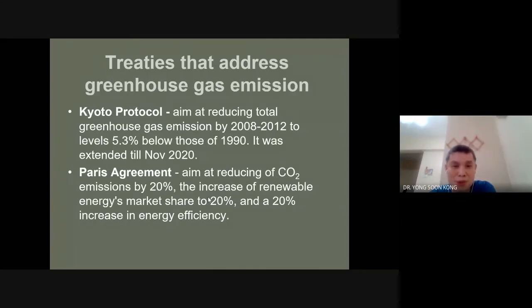But actually there is another new agreement that continues with Kyoto Protocol, and that is called Paris Agreement. And this Paris Agreement is actually addressing more of the reduction of carbon dioxide emission by 20%. And well, after this Paris Agreement is signed by national leaders,